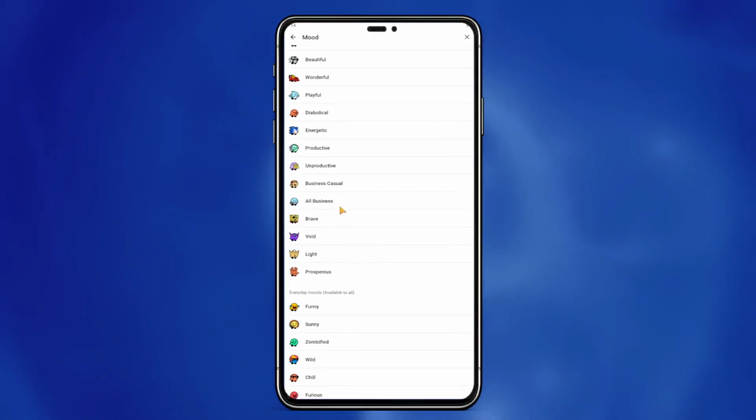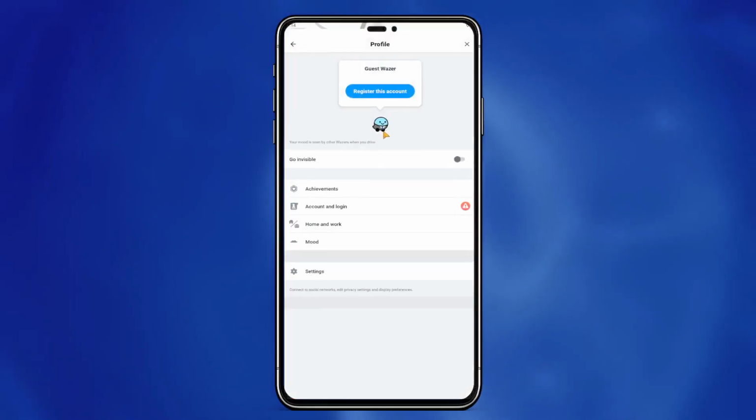As soon as you tap on your chosen avatar, Waze will automatically update your profile picture. The change happens instantly, so there's no need to save or confirm anything separately. Your new avatar will now be visible to you and to other Waze users who might see you on the road. And that's it, you've successfully changed your Waze avatar and personalized your driving